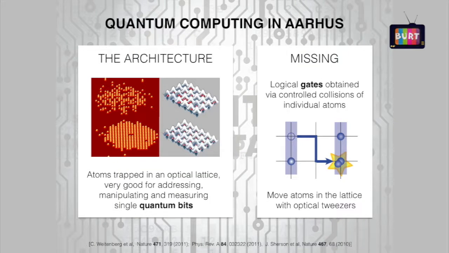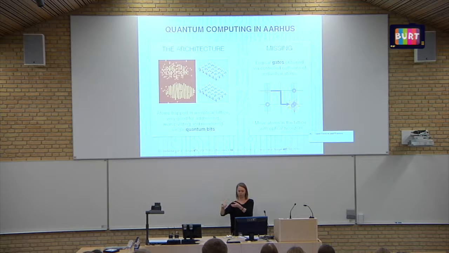So storing the quantum bits is easy enough. Logical gates are a bit more tricky. The way that we do logical gates is to take one of these atoms, one quantum bit, and transfer it over to another one. We let it collide in a very controlled way, and then we can take it back. And this is how the processing is done in this architecture.